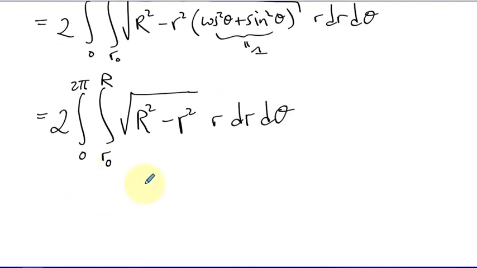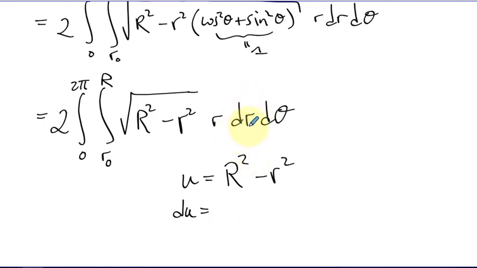Okay, and then what's going to happen here is a substitution. Because I happen to have this extra factor of r, that's just beautiful, because this is an r squared and the derivative is 2r, and that'll work perfectly. The integration is just a u substitution. Let's go u equals big R squared minus little r squared. So the differential in u,